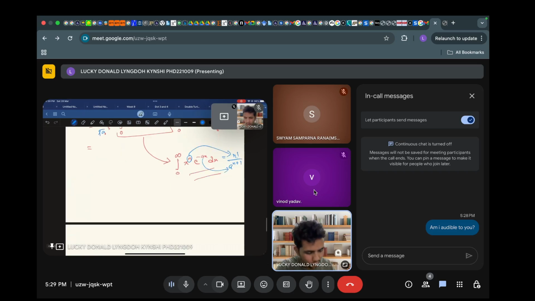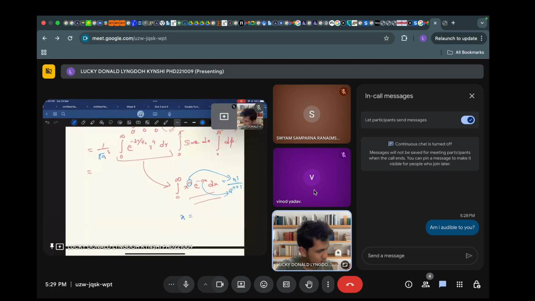Okay, so in our case, n is equal to 4, whereas a in our case is 2 by a naught. So you can use directly the standard integration, or you have to do the product integration, which is very lengthy. If you know this standard integration, you can just directly substitute the value of n and the value of a, and then you know the whole integration. So now you get r square is equal to